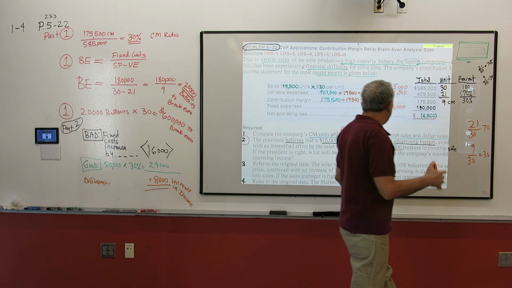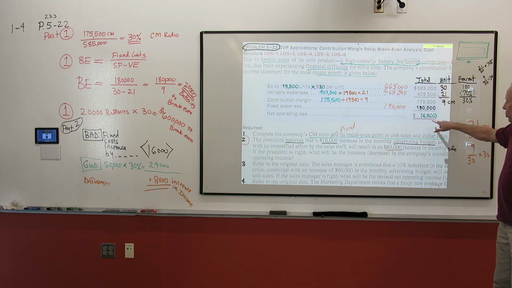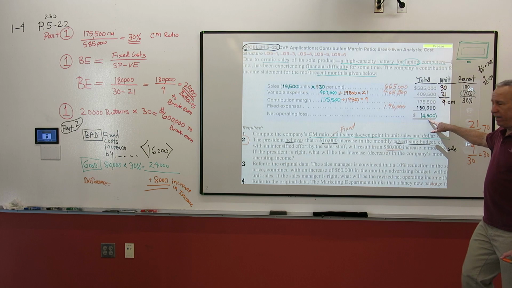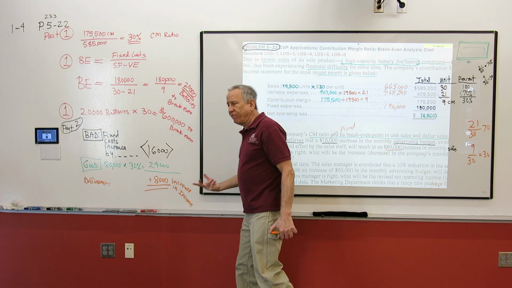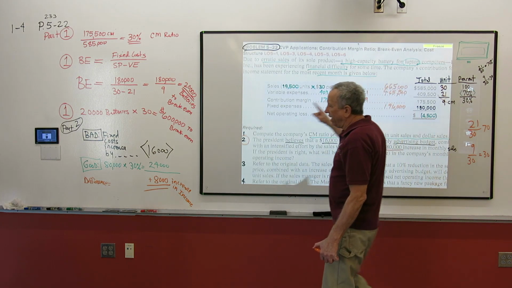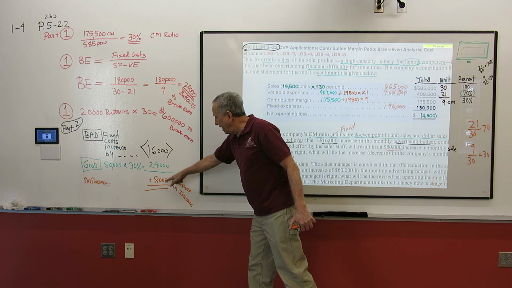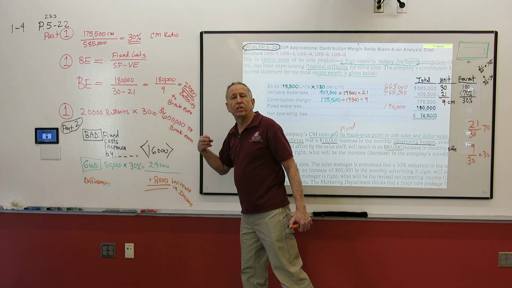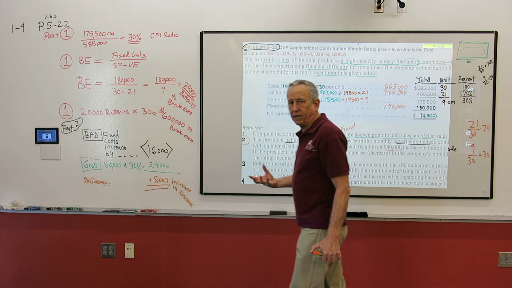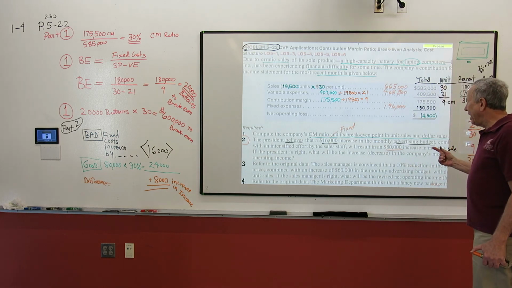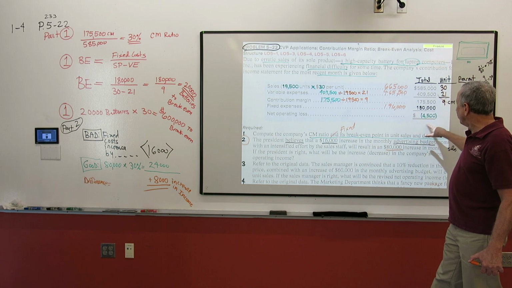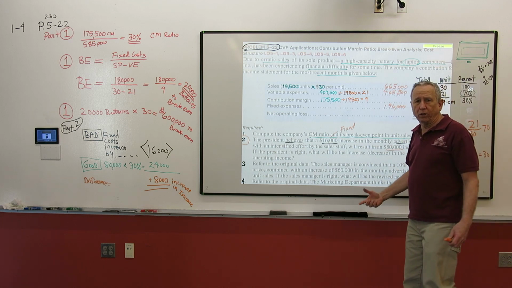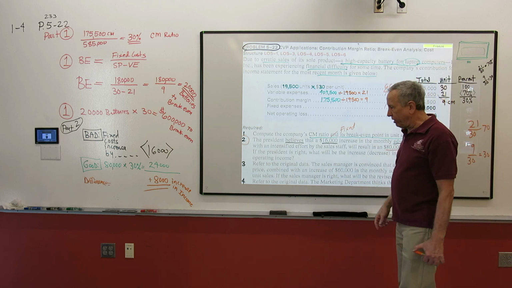What's the increase? On the test, what if I would have asked you, what is the new net income? Well, if we're losing 45, and we happen to make 8 more, we're already at negative 45. Add a negative 45 to a positive 8, you're going to end up with $3,500 positive income. So on the test, be careful, I might ask you, what is the new net income? The new net income would be a positive $3,500. I'm not going to write that on the board because that's not really the question.